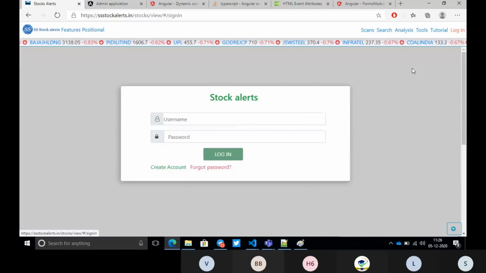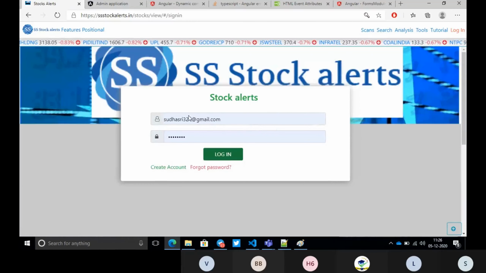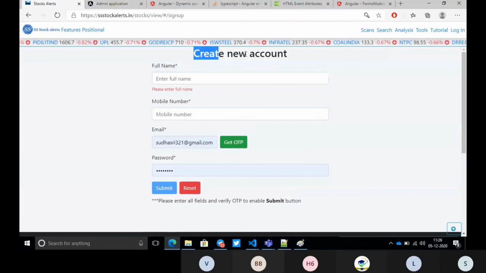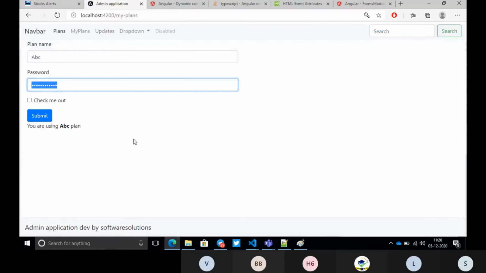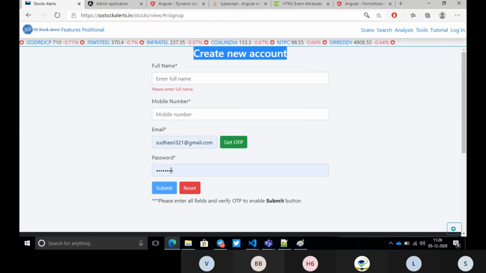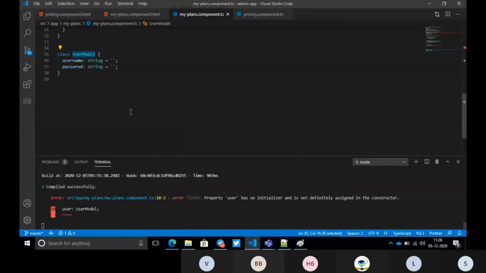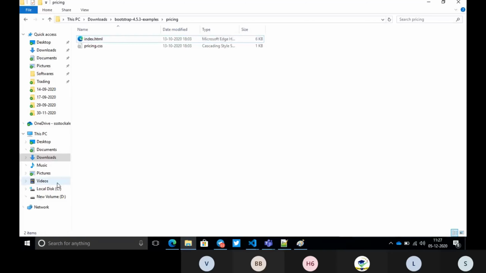Suppose you are in the login form, so what is the name you should give? It is like a user form. And if this is a new form, you should give it as a registration form. Based on the form name you should name the model, and based on the fields. Suppose here I have 4 fields, how many fields should I create in my model? I should create 4 fields inside my model. That is based on your requirement.